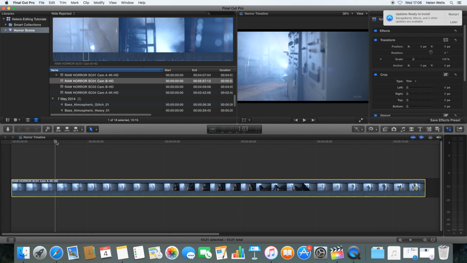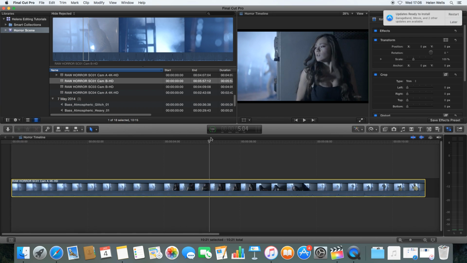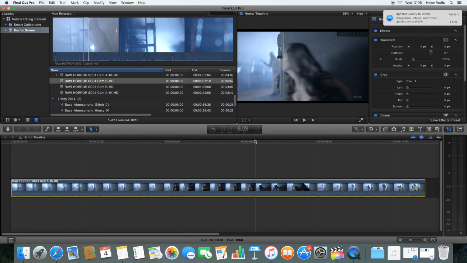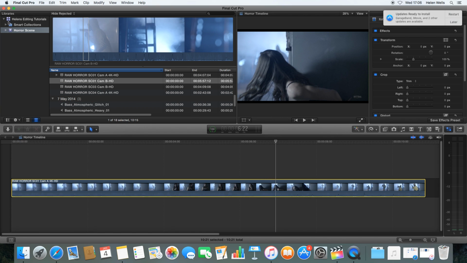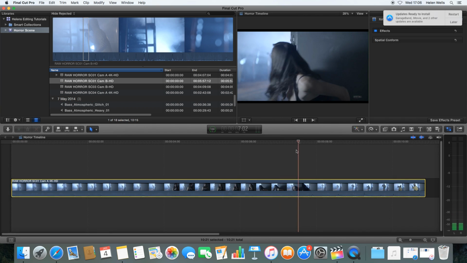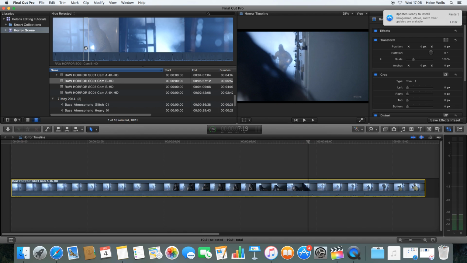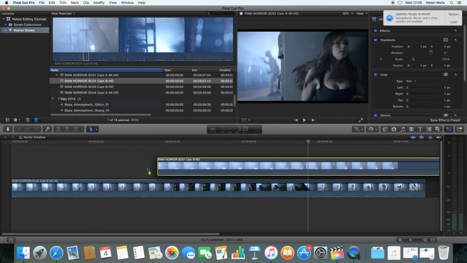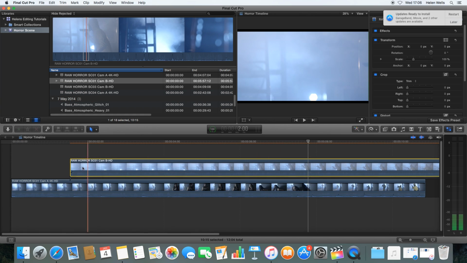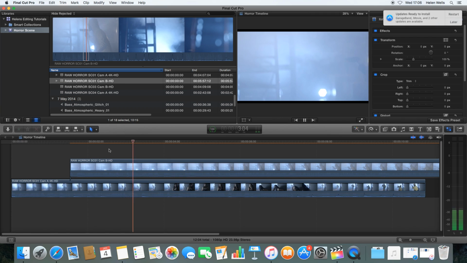I think if we sync this up to this bit where he's looking round, we're not going to get a head in shot, but you can see there's too much here, so